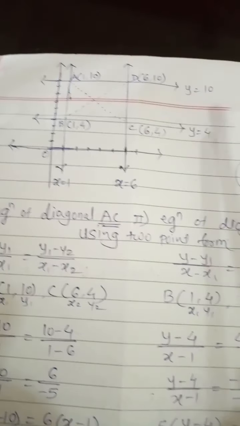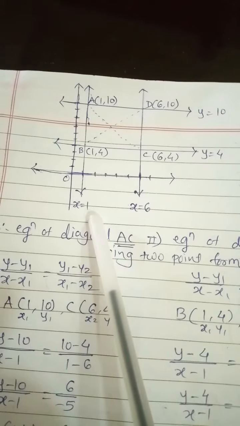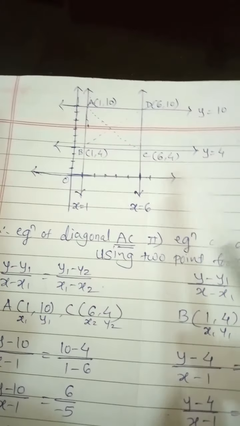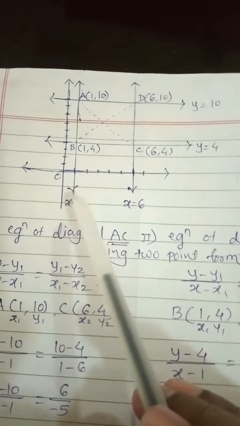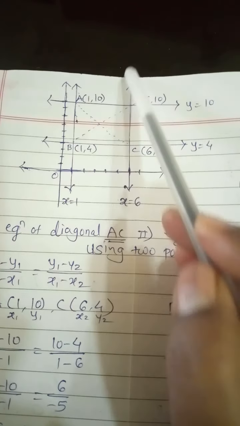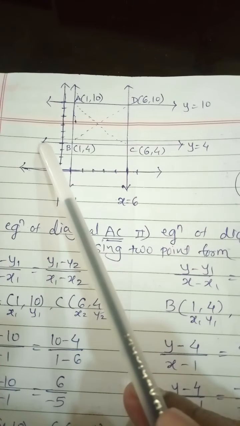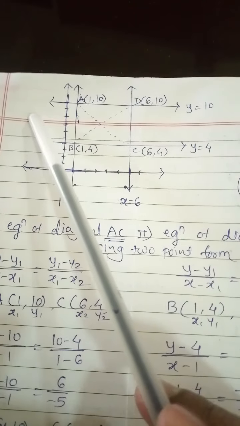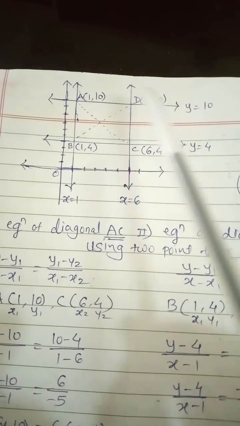Now we find the equation of the first line, that is AB, which is x equals 1. So we draw here the line x equals 1. The equation of CD is x equals 6. So we draw a rough figure, first 1, 2, 3, 4, 5 and 6. So x equals 6 is the line of CD. In the same way we draw the line for BC, that is y equals 4, and the equation of AD is y equals 10, and we plot these points here.